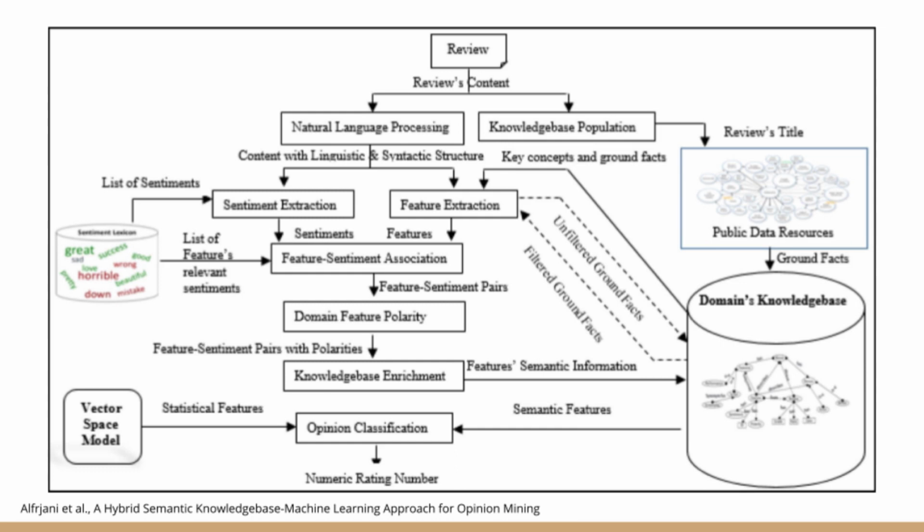Initially, on the right, a domain-specific movie knowledge base is created or used around the concept of movies, actors, scripts, performances and such, with their relations. These form the ground facts for a knowledge base, and this data is supported by gathering specific movie-related facts from open-source movie databases, like data on specific actors and actresses for the movies for which reviews will be analyzed. The aim is to generate a knowledge base with semantically structured, accurate data on aspects of each movie, which will then be used for the domain feature extraction task.